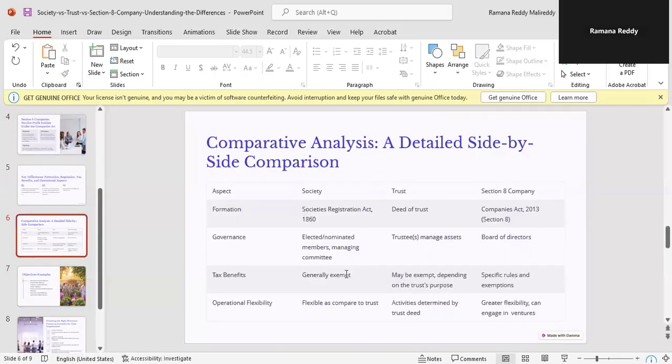Tax benefits: exemptions are available for all three entities. In the matter of trusts, private trusts will not get tax exemptions. Operational flexibility, as I already explained: Section 8 companies are more flexible compared to trusts and societies, and societies are more flexible compared to trusts.